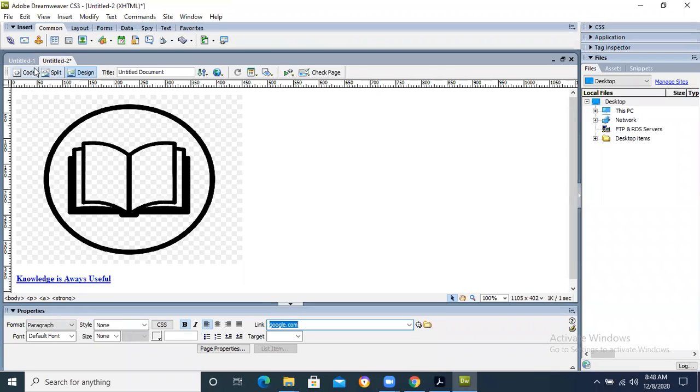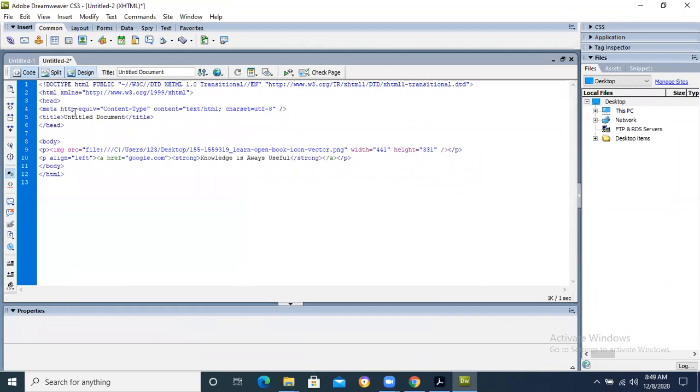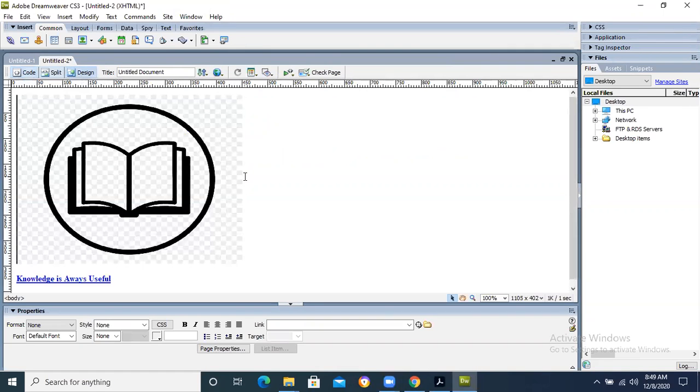And now if I want to see what kind of coding is done, go to the code. Code has been automatically generated. Can you see this? It has automatically generated the code for whatever I have done. So it reduces our problem regarding coding. I did not code it. I just designed it over here. Whatever I want to design, I will just design over here and the code will